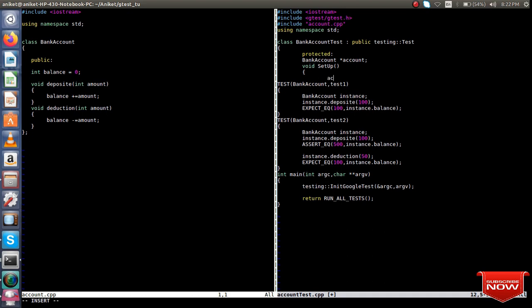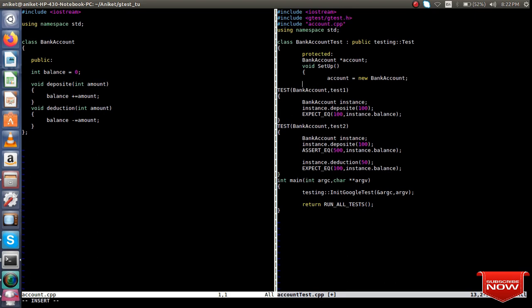You can use the pointer account, which is equal to new BankAccount. Just print "I am alive", so that you can see whether the instance has been created or not. So let me write cout alive, print on new line.